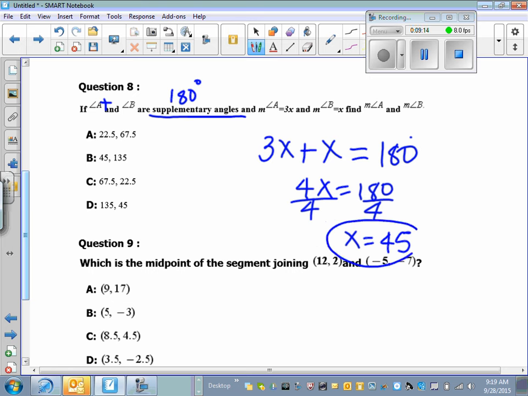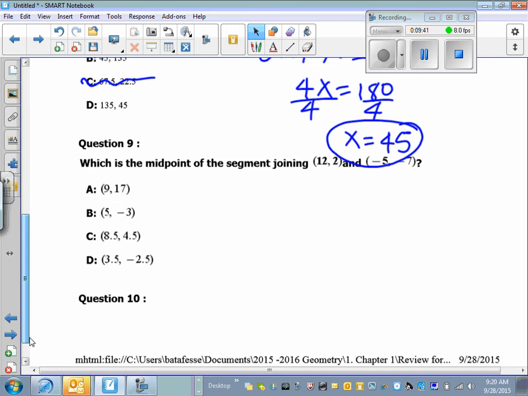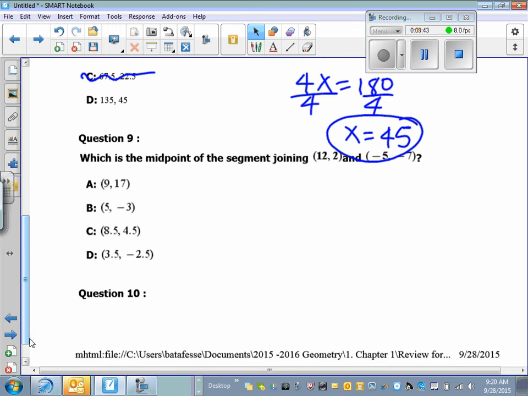Okay. The question is, what's the measure of angle A and angle B? Angle A is 3x, so you have to do 3 times 45. Angle B is just 45. So you know it's not going to be A or C. So you have two choices. But since the question is asking what is A first, you have to pick the one that has A as the answer. All right,